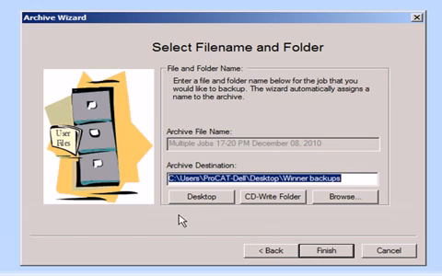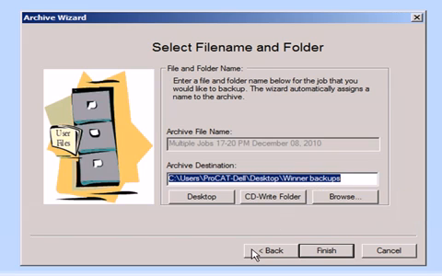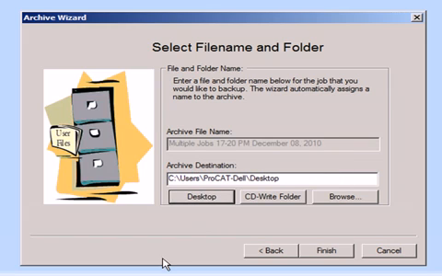And I have the option of selecting any folder I want. I have a folder on my desktop that's called Winter Backups. Or I can just click Desktop, and it will put it right on the desktop. That's good if you're doing like one file or maybe two files, and you're going to be emailing those out. It'll put it right to the desktop, and you can right-click Send to Email Recipient,